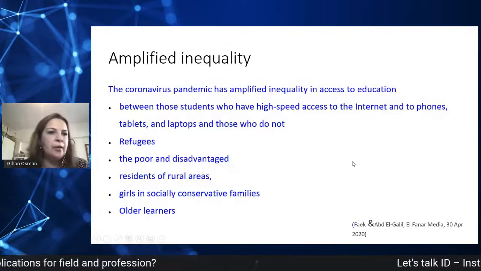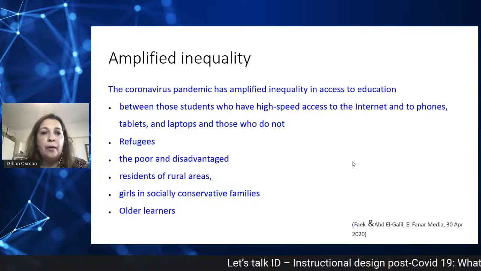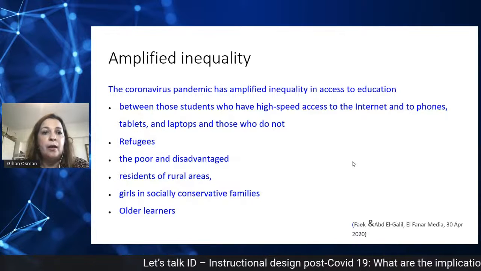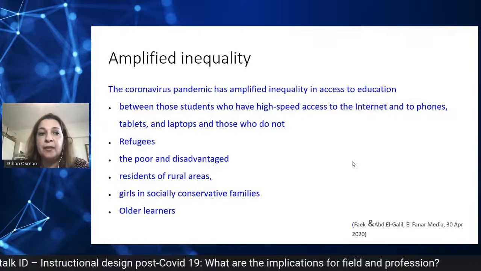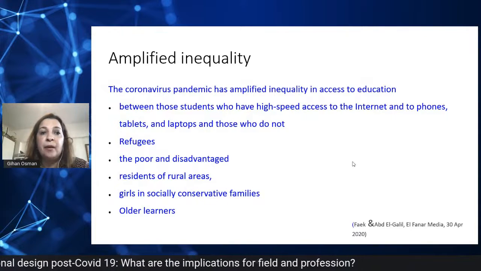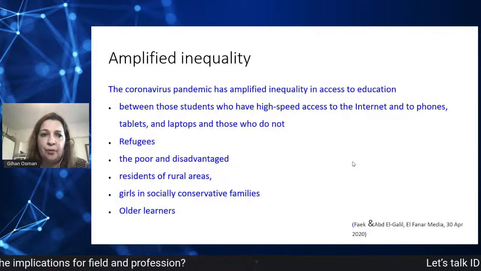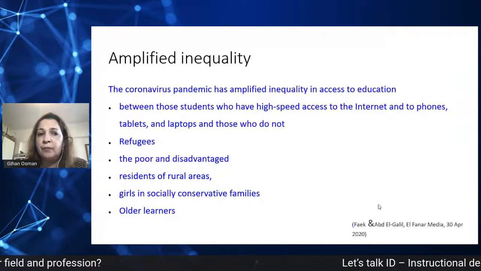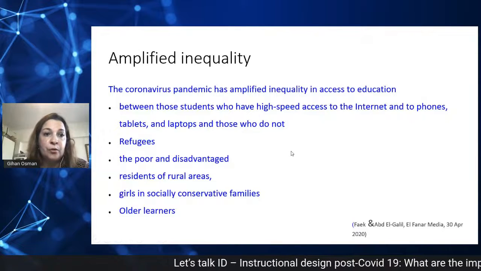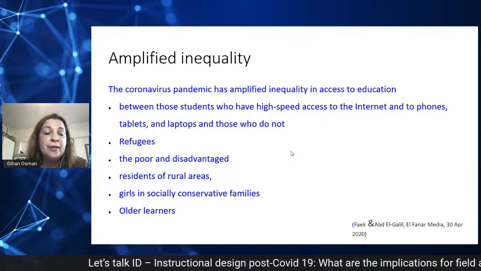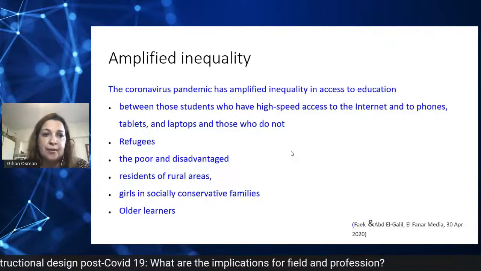Those who have internet, those who don't, those who have advanced technologies, those who don't, refugees, of course, the poor and the disadvantaged, who suddenly found that just being on the internet was an extreme luxury for them, and they had to choose between feeding their children or being on the internet to continue learning. Residents of rural or remote areas who do not have access again to the internet,